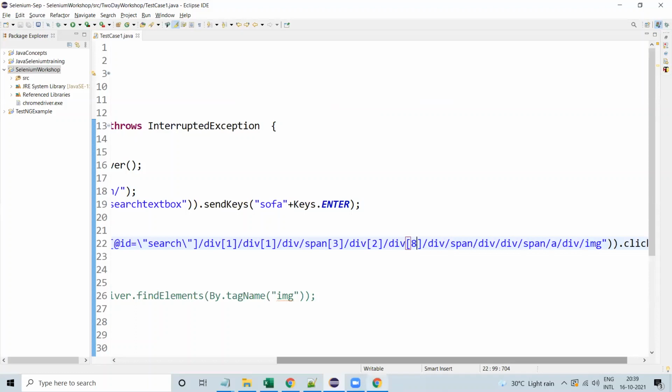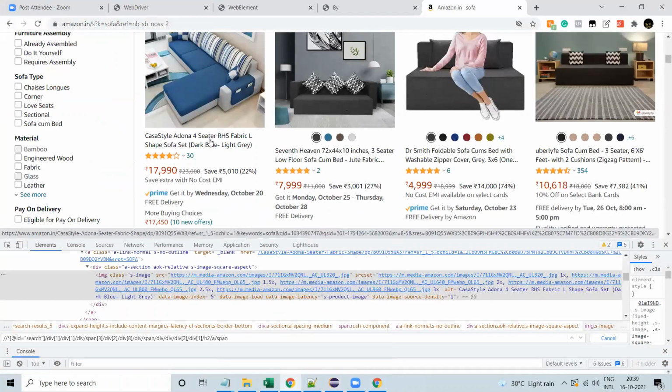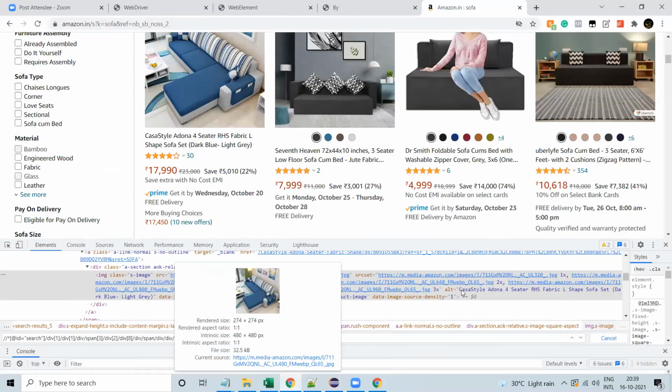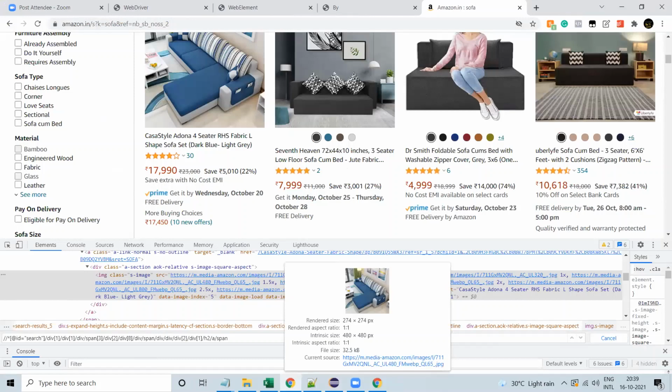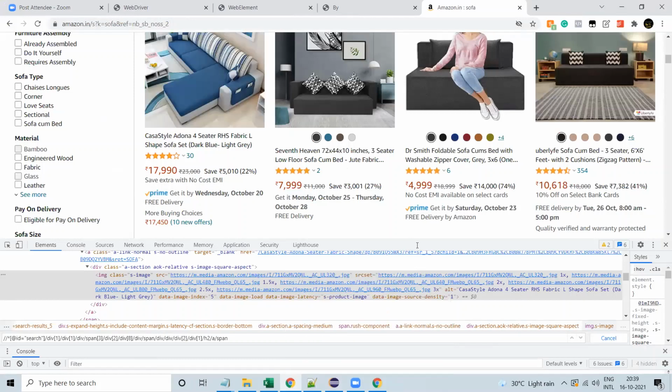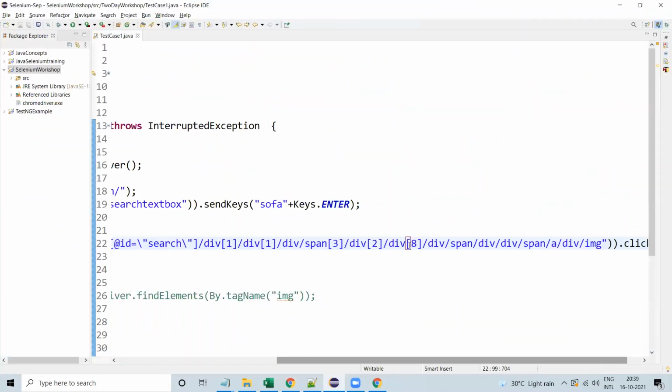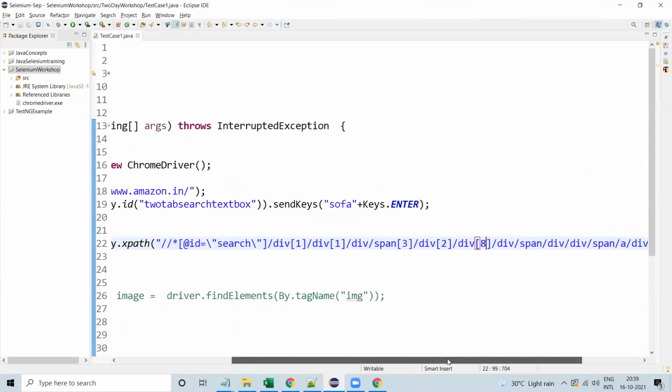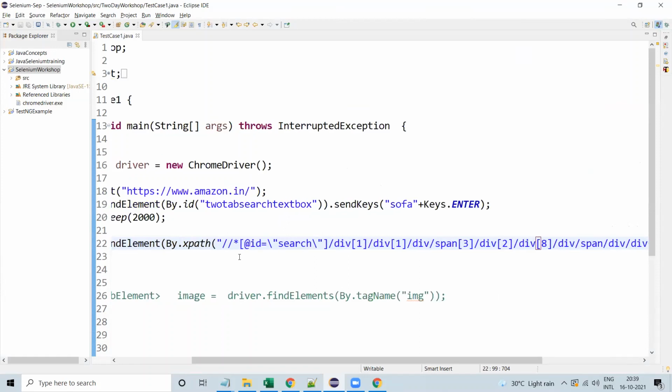If you see over here, this is the next image. This XPath was giving a different number, but I just added one more value, then it is accepting. I just added an 8 over here because it was a 6, right? So we need to make sure that whether